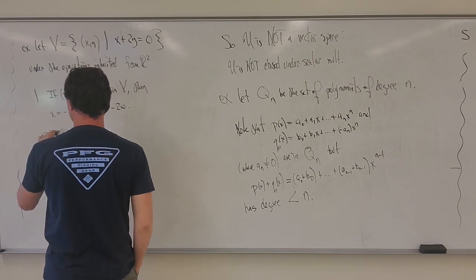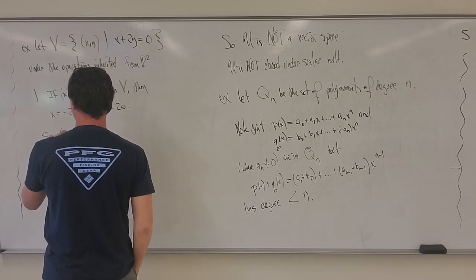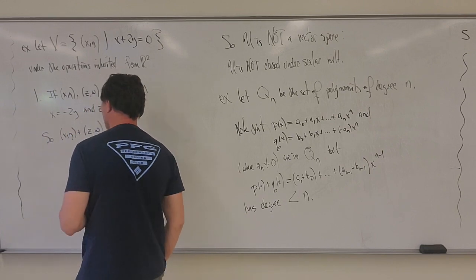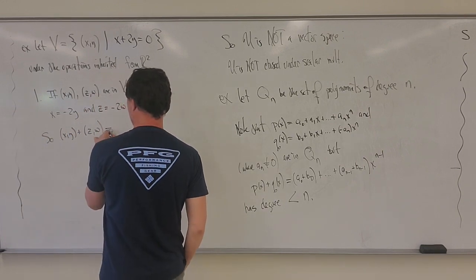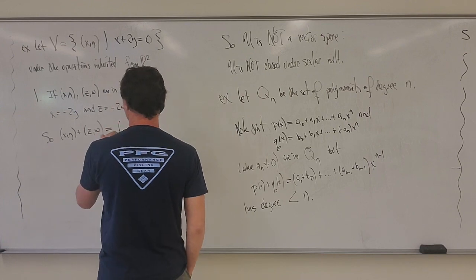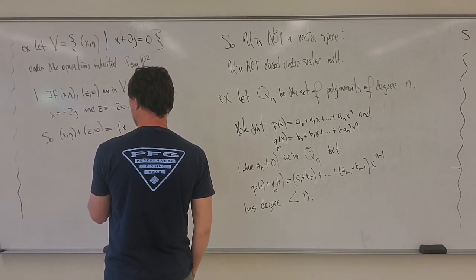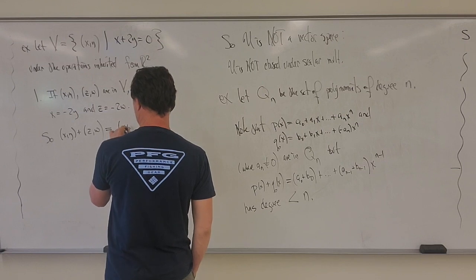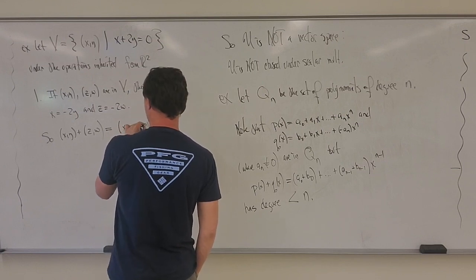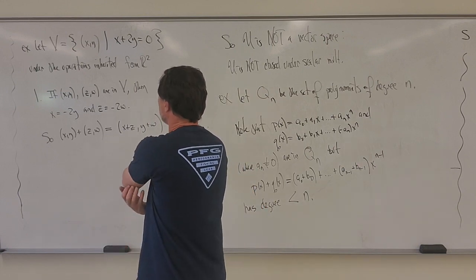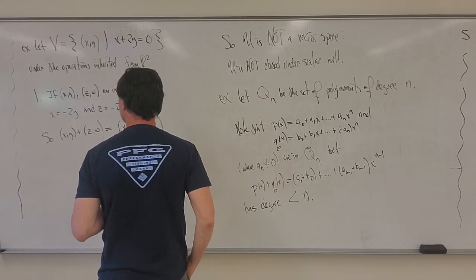So if we do (x, y) plus (z, w), that's going to equal (x plus z, y plus w), which is equal to,